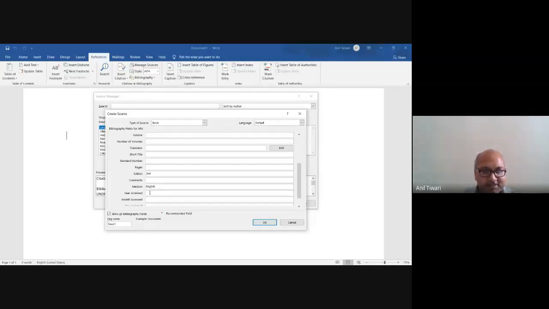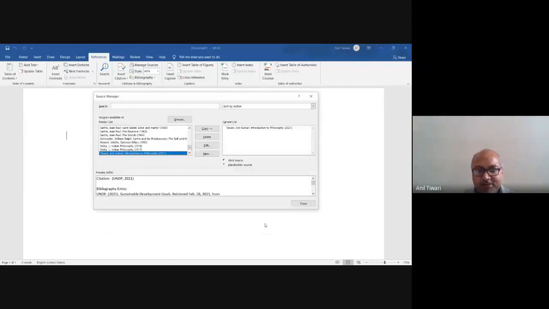So then if it is downloaded from any source website, then you can write year of access, etc., or the whole information, and then you can give the website name, URL, and or the source name, DOI, right? So you enter the details here and then click OK. When you click OK, then you can see here in the box below how this is going to appear in